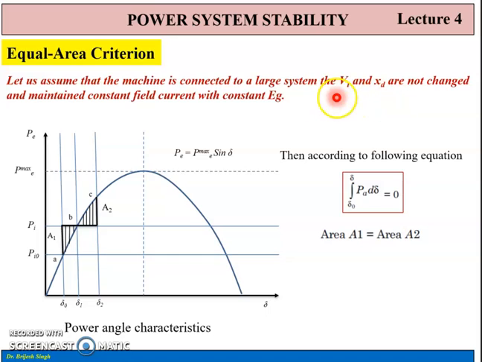Because V and XG are not changed, we can assume it maintains a constant field current, so the field doesn't change, with a constant Eg. This is just an assumption. In an actual practical system, whenever a sudden mechanical change is applied on the rotor shaft, the corresponding excitation level is also